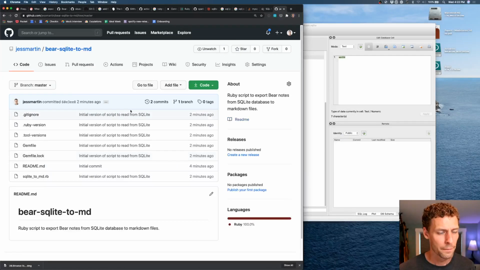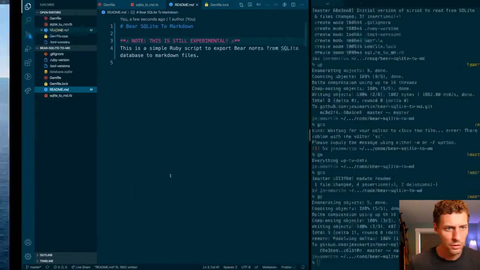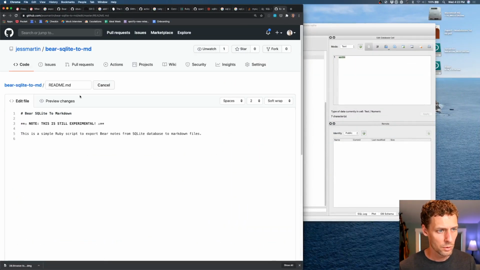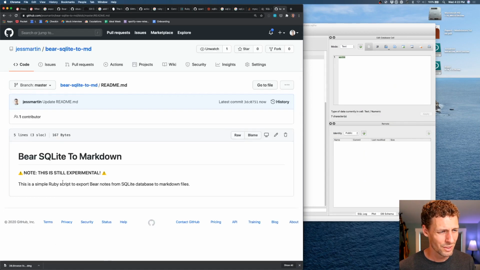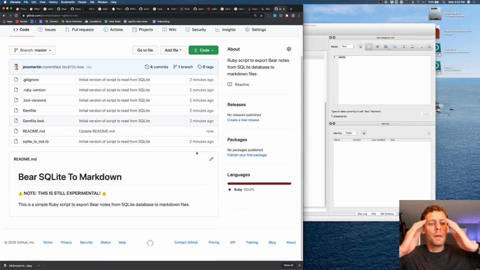There we go. Oh, geez. Let me do this. I can do it through the editor here. Boom. Get up there at Markdown. All right, cool. So we may eventually turn this into a little action to do it, but this has been a pretty sweet little exploration. All right, so